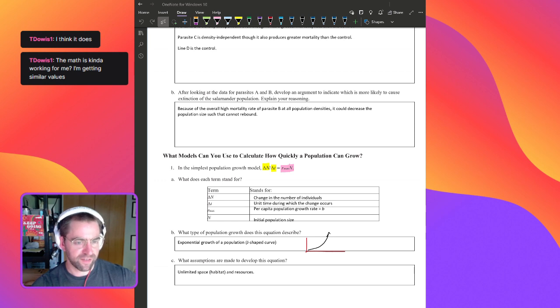Delta N over delta t equals rN. R is a constant per individual. Great. Fantastic. The per capita birth rate minus the death rate, R is constant per individual. So in our formula, we were meant to